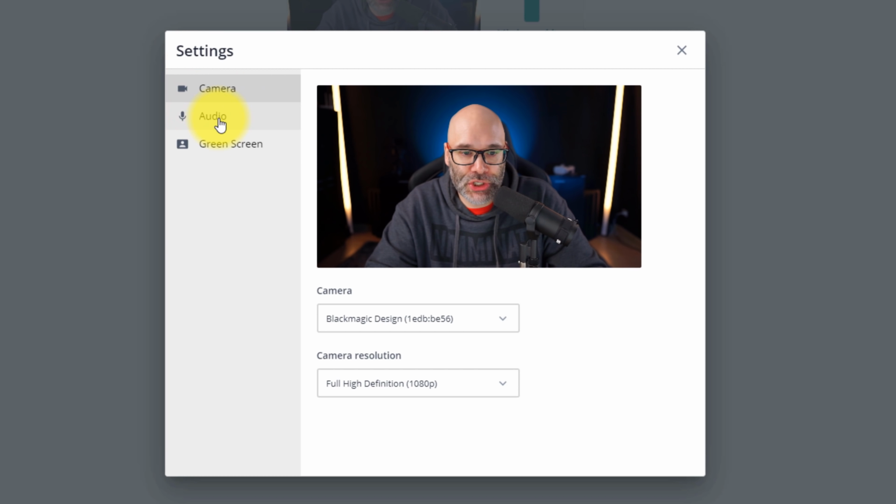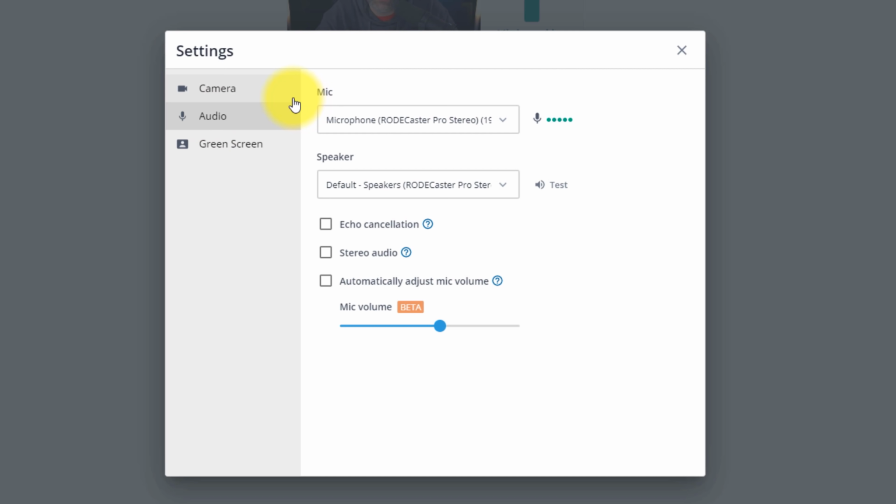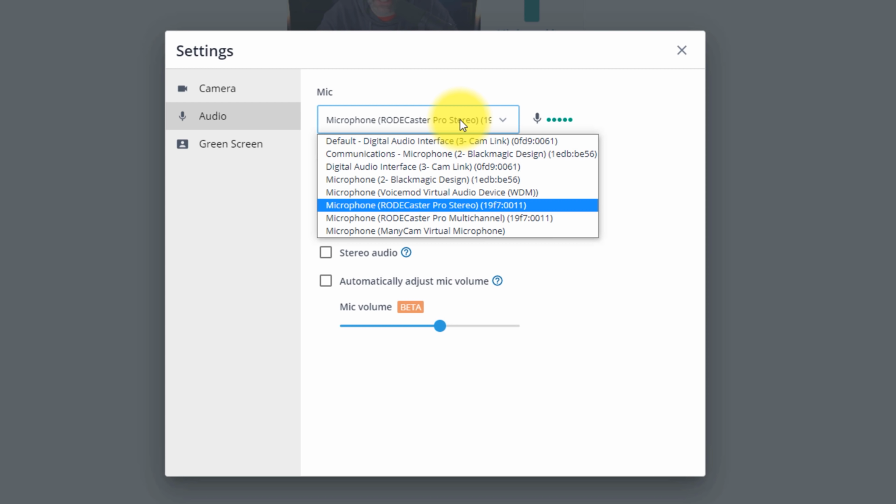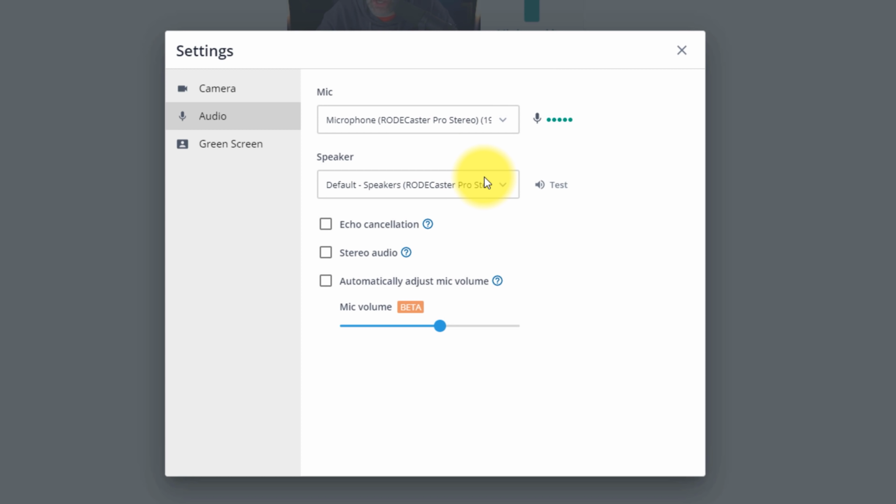The next thing I want to bring your attention to is here in the audio section. Under audio, of course, you just select the drop down, select whichever microphone it is that you want. Same thing with the speakers. You want to make sure that the speakers are set right, because if you have guests on, you're going to need to hear those guests. And this is where you make sure that you can do that. But if you go down here to the bottom, you're going to see additional options.